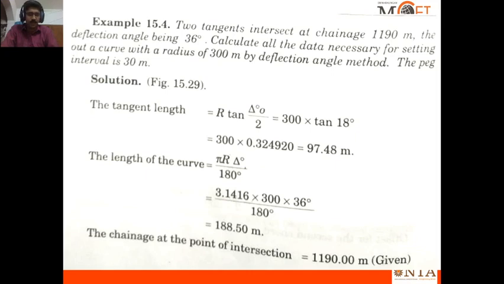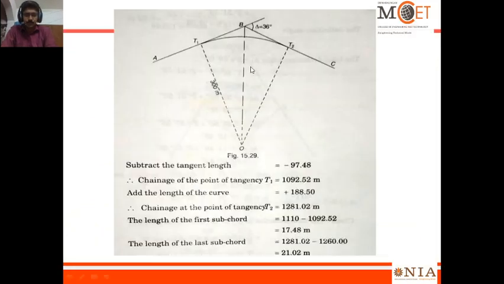They have given the chainage at the intersection point. We need to determine the chainage at T1 and T2, right? So the chainage at T1 and T2 can be determined. The diagram, all the given data we have marked here. Subtract the tangent length: 1190 minus 97.48, you will get the chainage at point of tangency T1, 1092.52. If you add the length of the curve, you will obtain the chainage at T2, right? So you will get